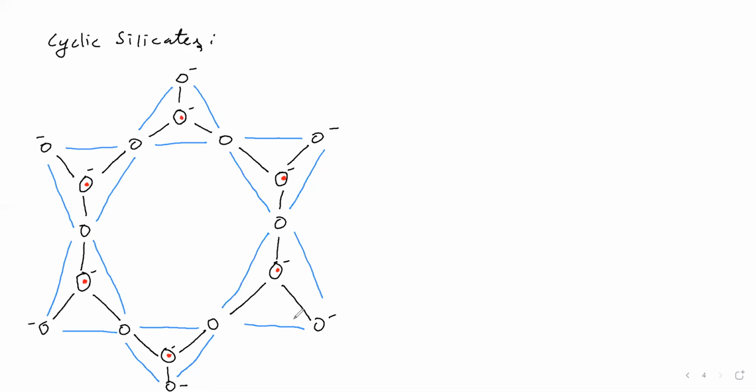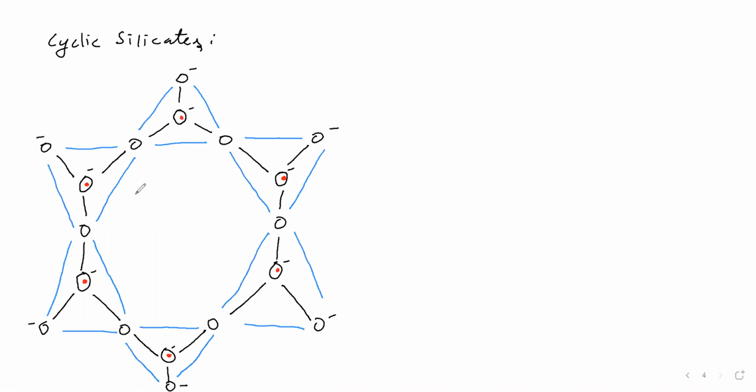In this cyclic silicate, from each SiO4 unit, 2 oxygens are shared with the neighboring SiO4 units. Okay, here negative charge is there. It is not continuing. It is not bonding with another SiO4 unit. Okay, this is called a cyclic silicate. For this cyclic silicate, what is the formula that we will see? We will take this one cyclic silicate we have given.